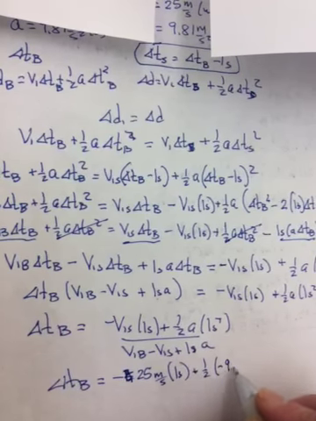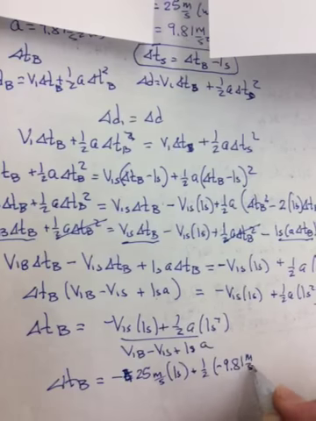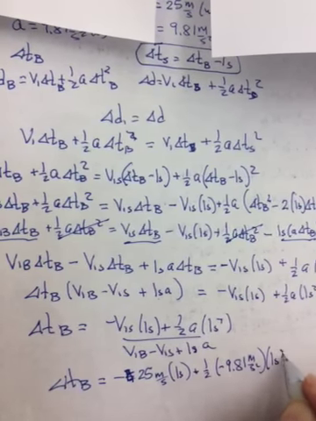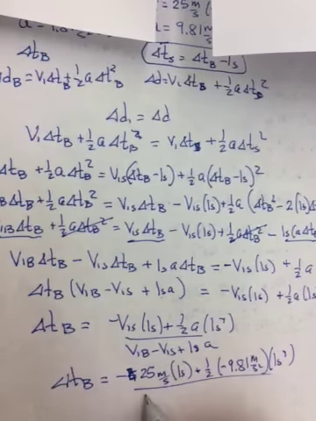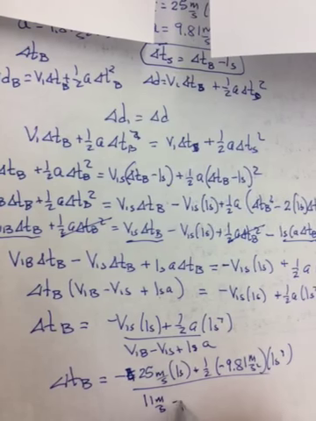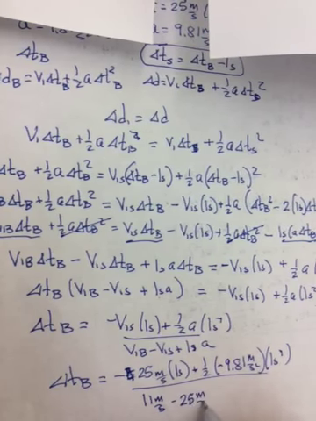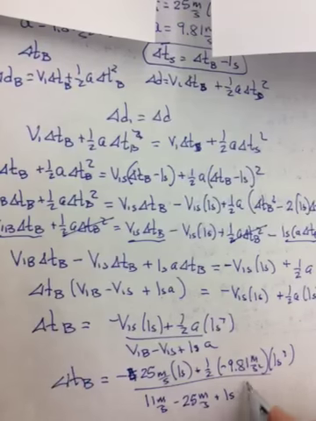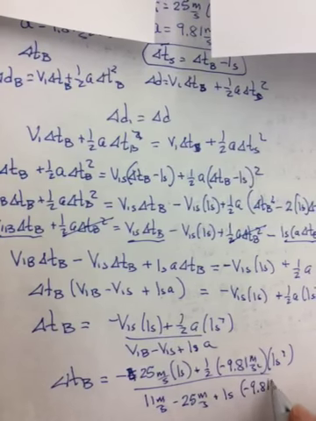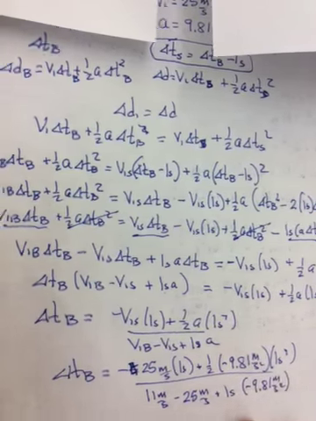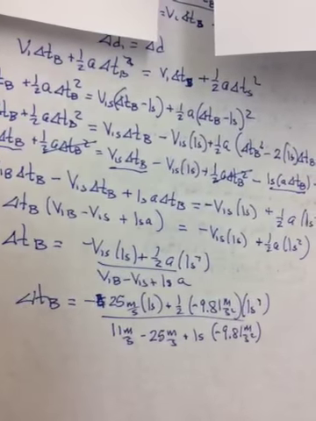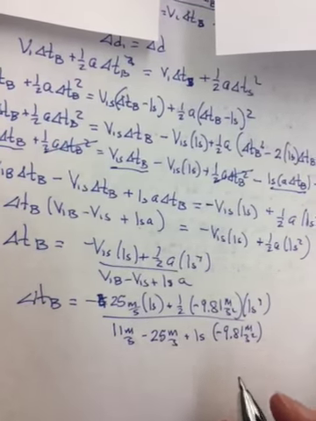You're throwing it upward, so negative 9.81 meters per second squared times 1 second squared. On the bottom, 11 meters per second minus 25 meters per second plus 1 second times negative 9.81 meters per second squared. Okay, and I'm going to run out of time, but I'm hoping when you do all